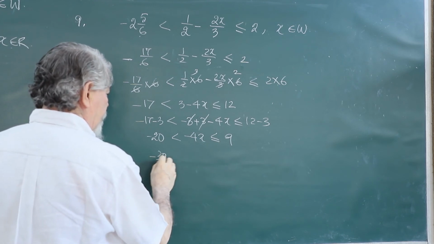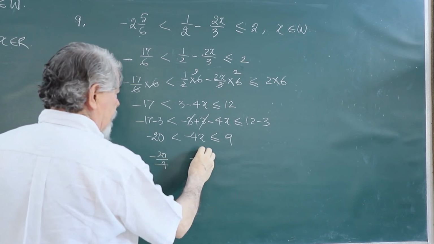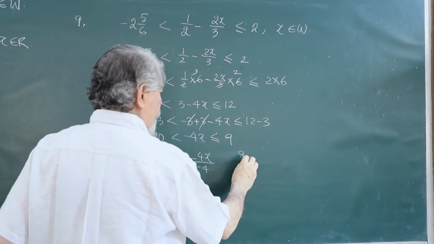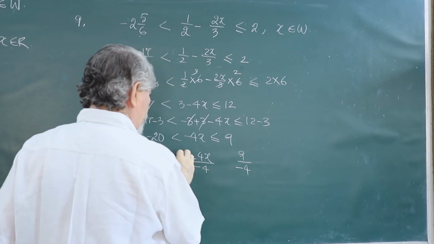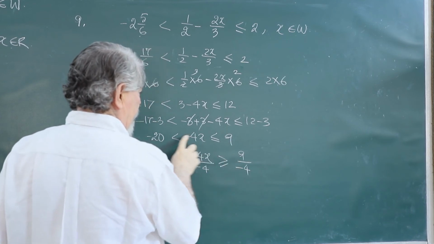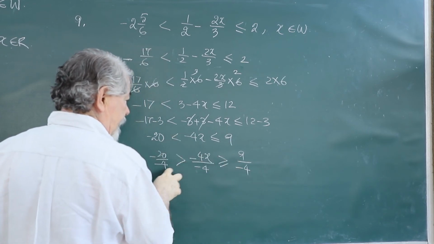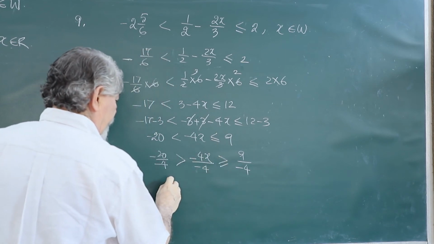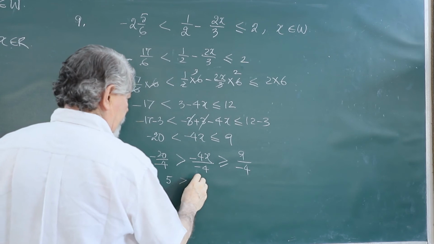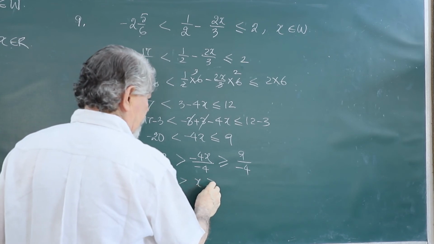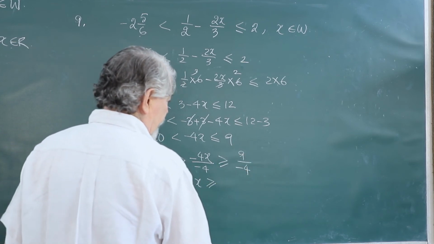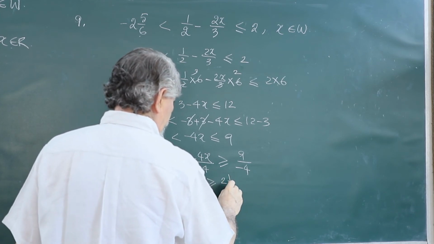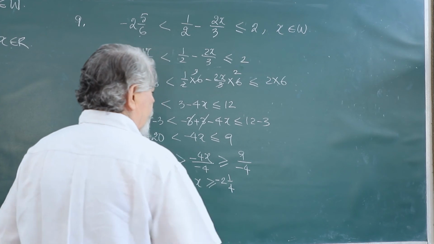Minus 20 upon minus 4, minus 4x upon minus 4, and 9 upon minus 4. Sign of inequality will reverse. It was less than, it became greater than. It was less than equal to, it became greater than. It will be 5, it will be x, and if I divide 9 by 4, 4 2s are 8, 1 upon 4, minus